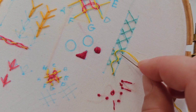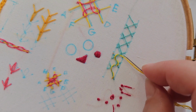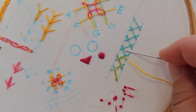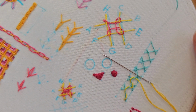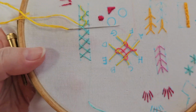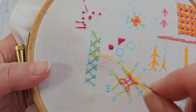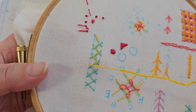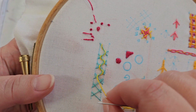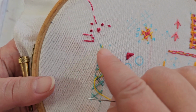So that the thread sits over where the two stitches cross, and then it goes under where the stitch is on its own. And you keep going like that until you get to the end. If you run out of thread when you're doing the threading,